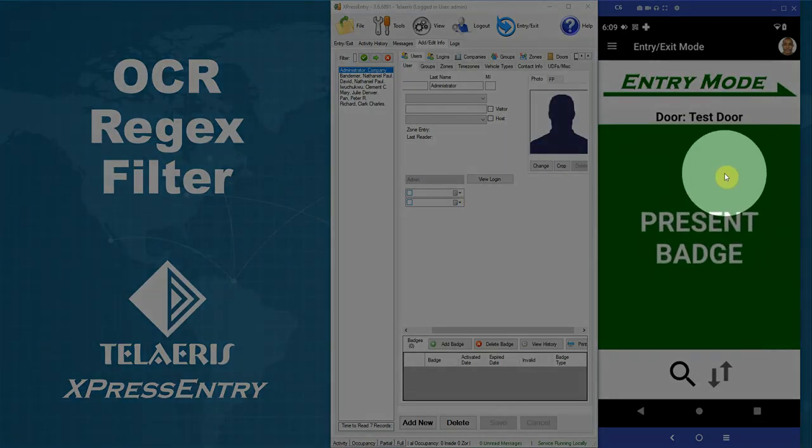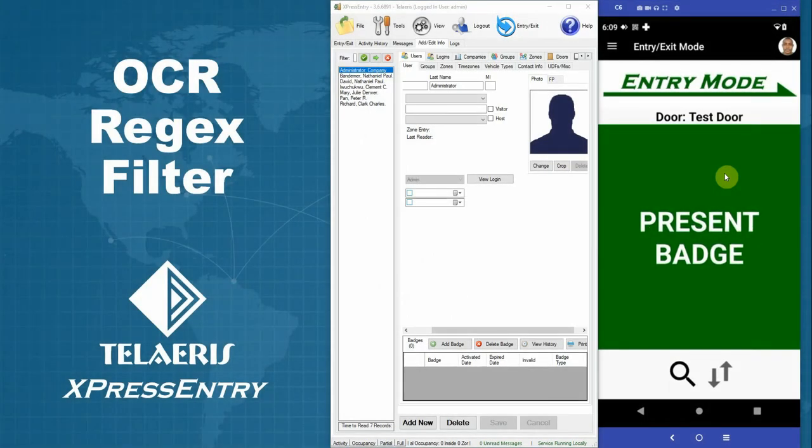Our OCR feature is used to pull out any text via our camera, and you can use this to read text on a driver's license or to pull out text from a plate number and verify against the record on Express Entry. So to test this, let us go into the tools